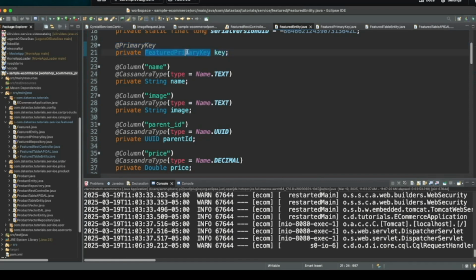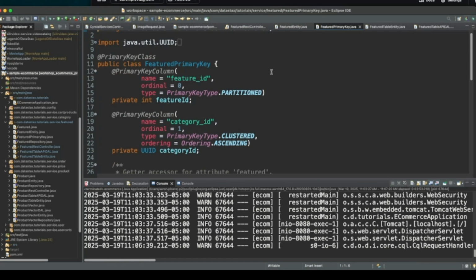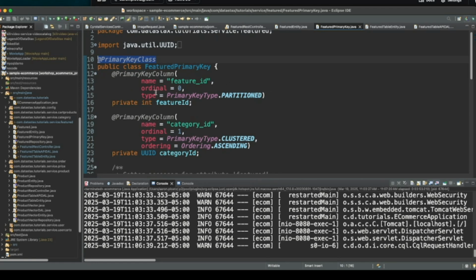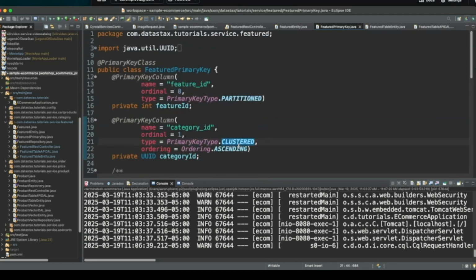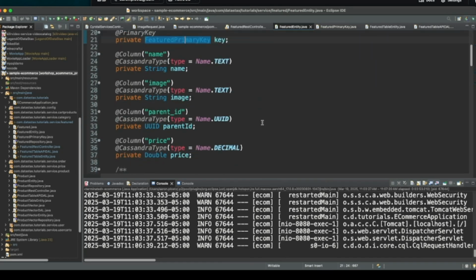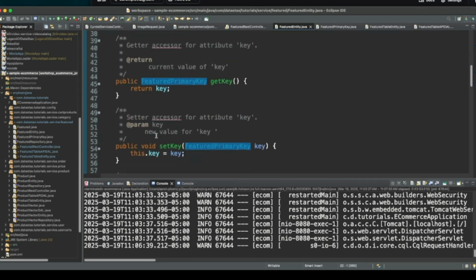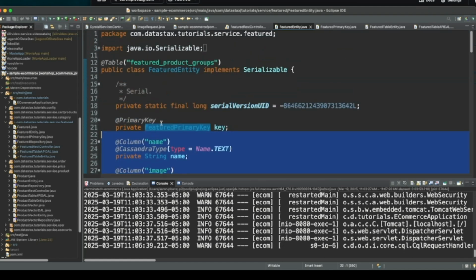So we actually do have a special Spring Data Cassandra class dedicated just to building that primary key, and then mentioning that the feature ID is the partition key, category ID is your clustering key, have your getters and setters, and so on and so forth. And then the rest of that featured entity class is really just the payload columns, specifying their column names and types, and then their getters and setters as well.